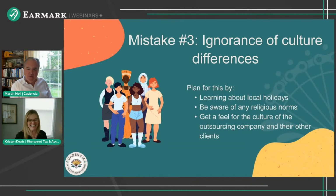Couldn't agree more. And love this one. And what's interesting, and you'll see a through line here in all these mistakes and the best practices surrounding them, is honestly, they're techniques on how to run a really good, highly profitable, best of the best category firm. Because really, again,